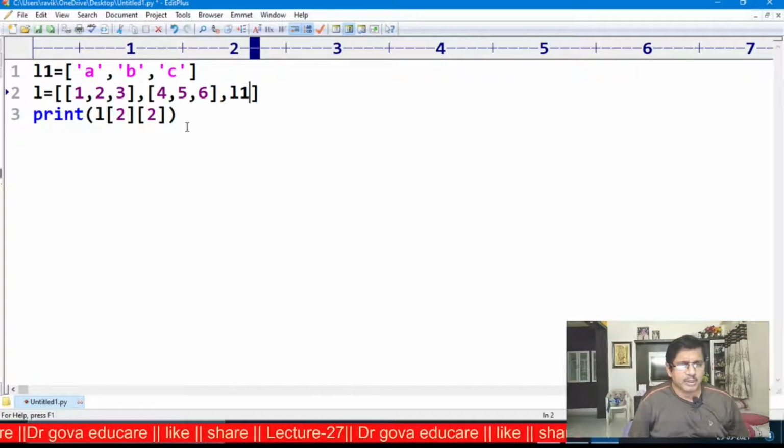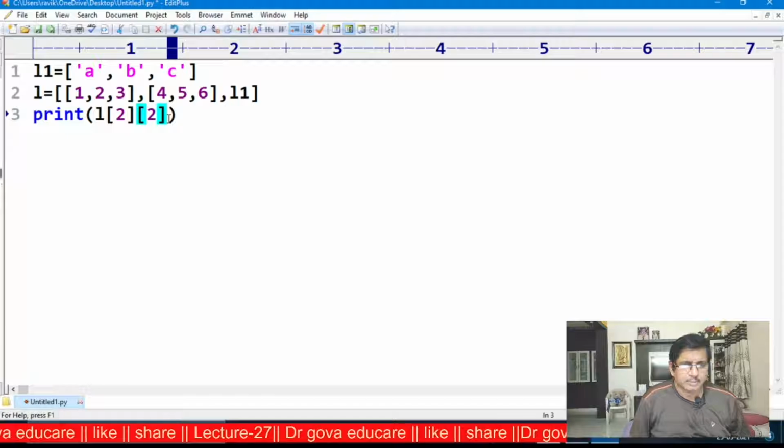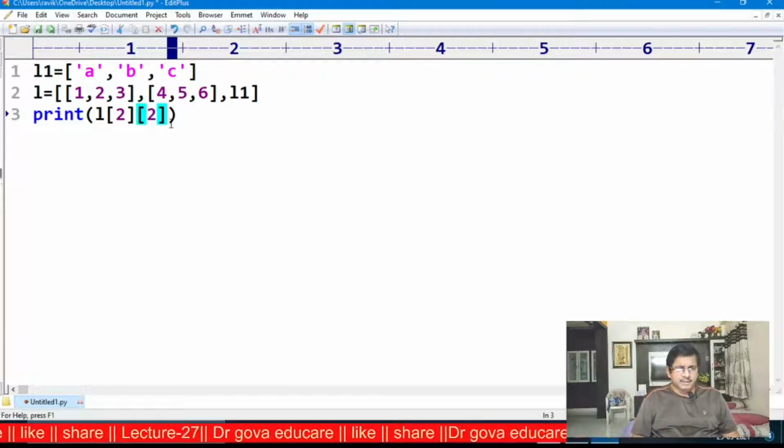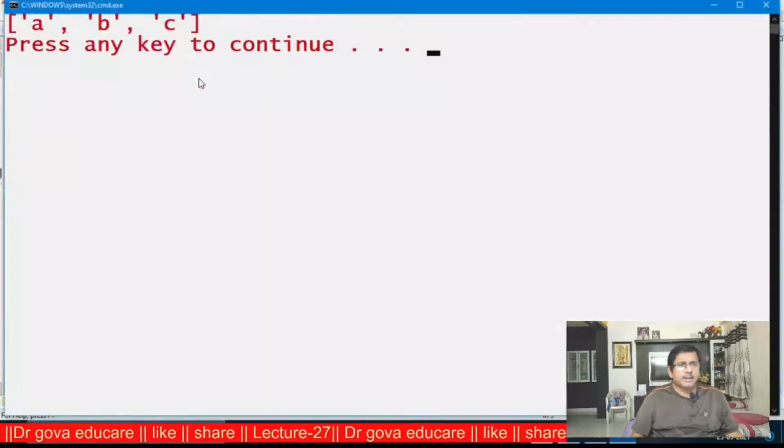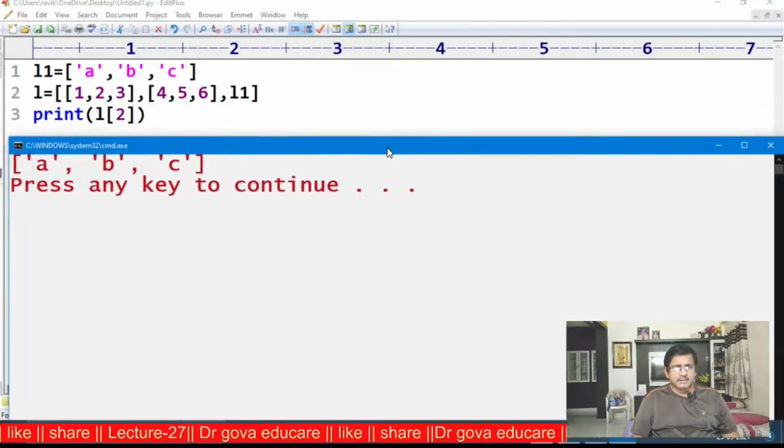Observe here, this is the zeroth element, this is the first element, this is the second element. The second element is L1. Now L1 contains A, B, C. ABC will be displayed on the screen.